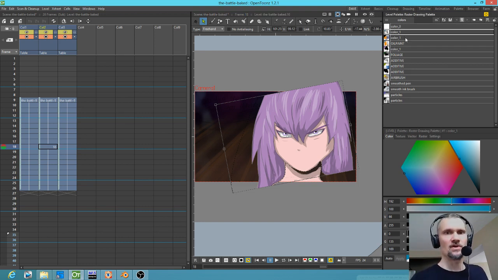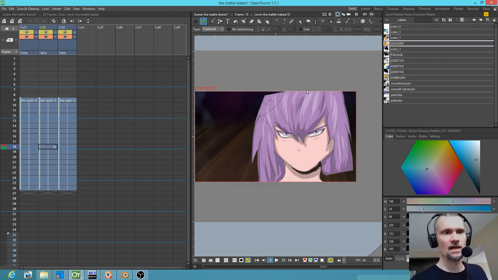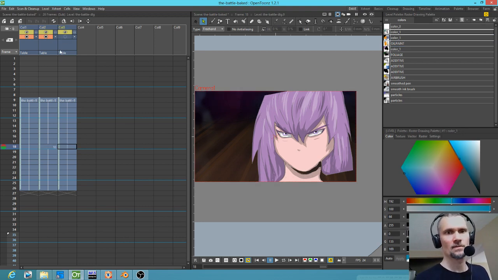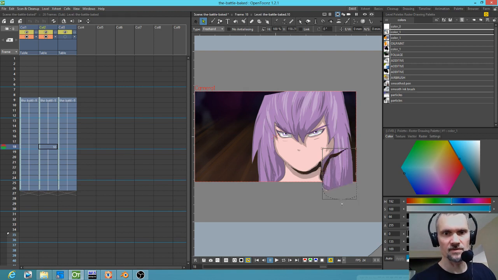Okay, so now because it is a raster level, how are you going to fix this? Well, there's a couple ways. First of all, grab this, maybe stretch it down. Okay. And maybe even drag it up. Okay. Now we just need a